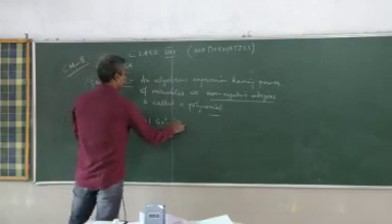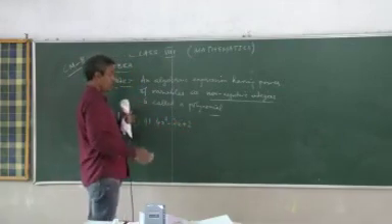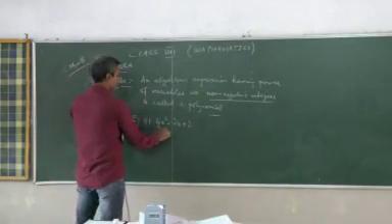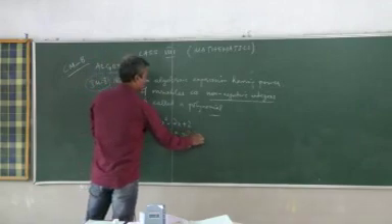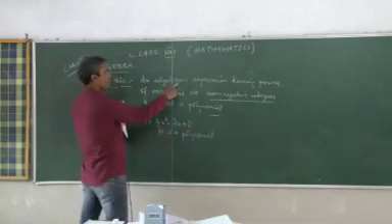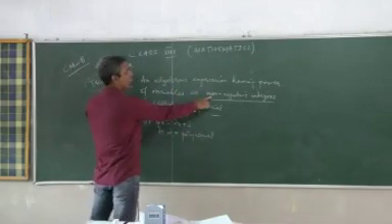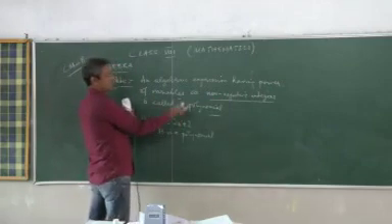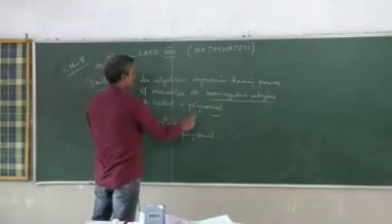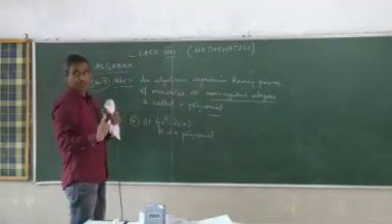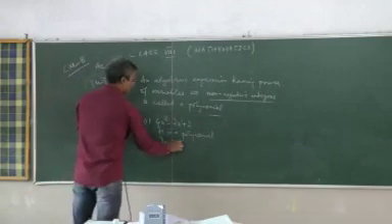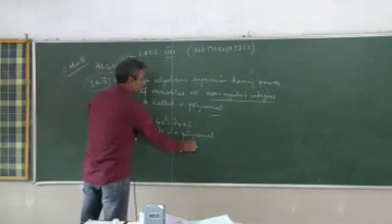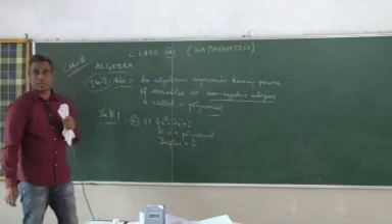4x square minus 7x plus 2. So this is an easy question. It is a polynomial. Why is it a polynomial? Because the powers are non-negative. Power is plus and it is an integer. So it is a non-negative integer, so it is a polynomial. You answered the first part of the question. The second part of the question is to find out its degree. Since there is only one variable, you take the highest power. The degree is 2. That's easy.